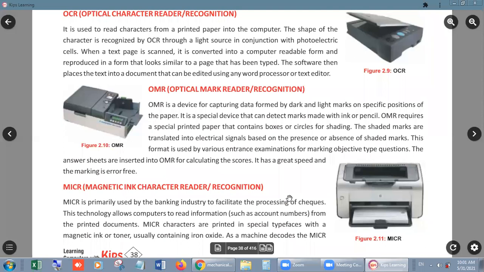Or sometimes with pencil. So this kind of answer sheet can be checked by OMR, optical mark reader, because when we put this kind of sheet inside this scanner, then one light will cross all the options, right? On the basis of this light cross, the answer sheet is checked automatically and gives the total marks which a student secured, right?